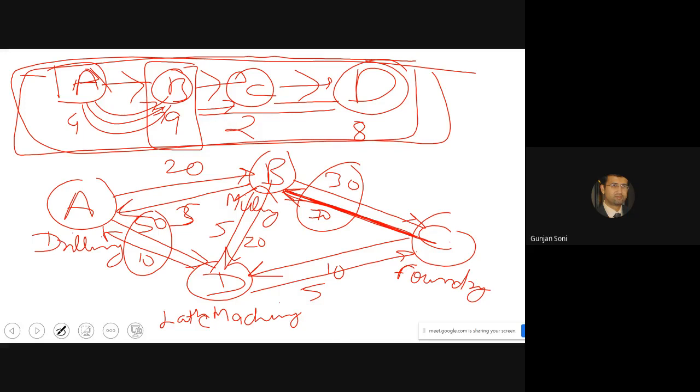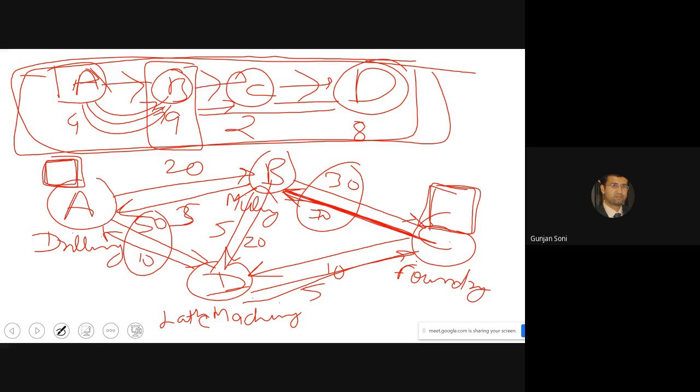Okay, good question. Actually, if you look at it, there are many things. If let's say some work is produced over here, A, generally we start with foundry. So let's say some workpiece is produced over here in foundry. Now it has to go to machining. Now there's a good possibility that 100 workpieces are already waiting here. Also, it is possible that this worker takes time.